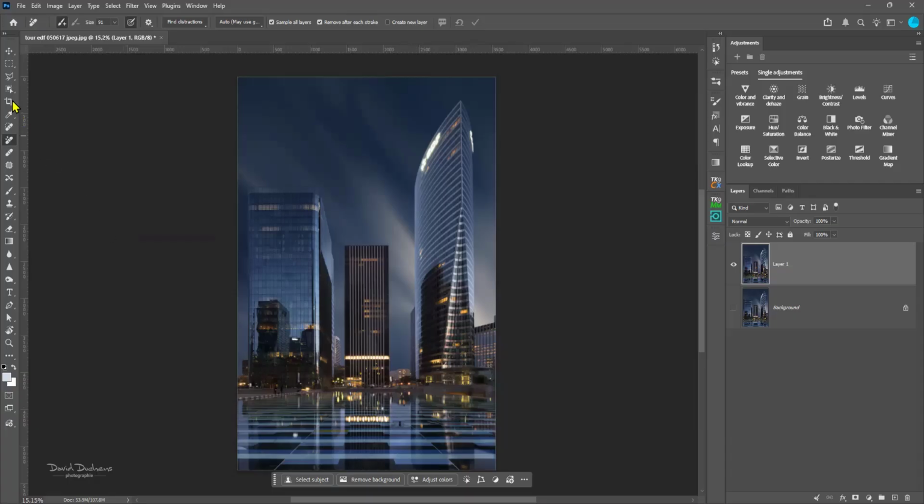So here it is, the lasso. For example, one click, I go to the top. By the way, there is a little tip. If you want to be sure to be exactly vertical, you hold the shift key. And you see, with the shift key, of course it depends on the angle. If I go too far, it will change the angle. But you see, it's now completely straight, which means also that